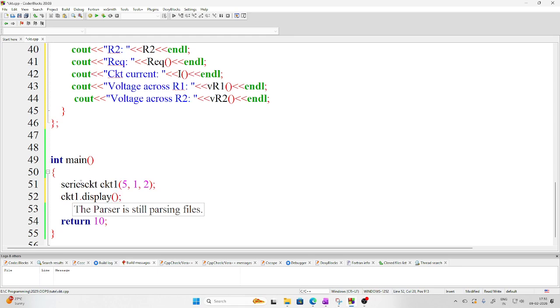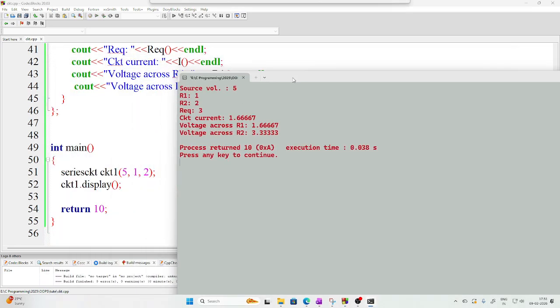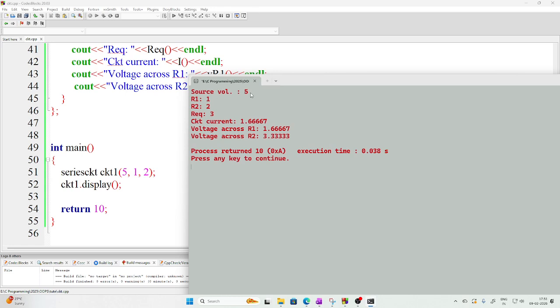That's it. So everything is over. If you run it, it will say that the voltage source is okay. You can also write volts and ohm and so on. The equivalent resistance will be 2 plus 1, that is 3, and the current in the circuit is 5 by 3,